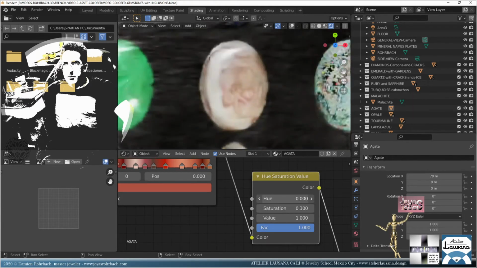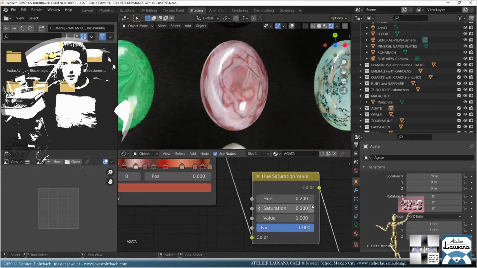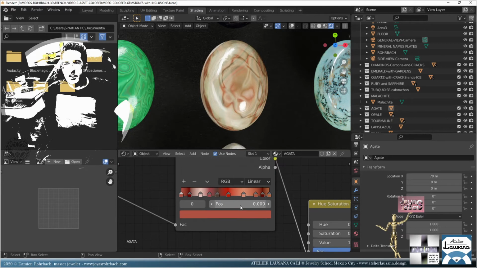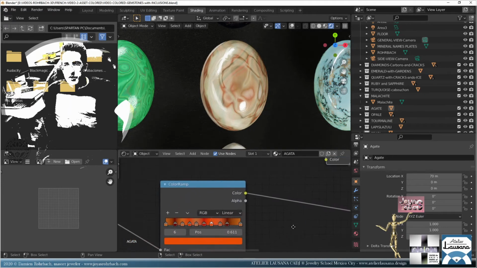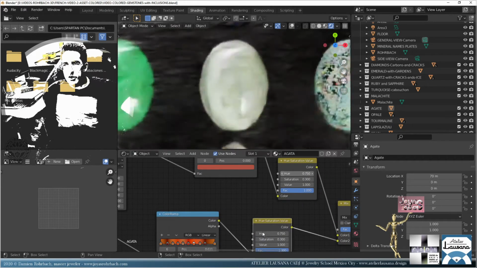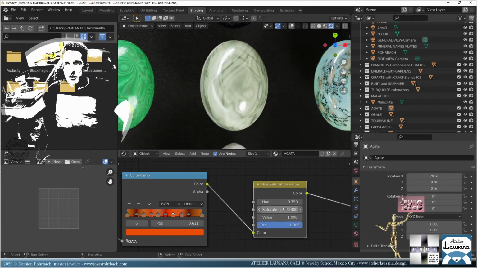Because maybe my agate has a more pinkish or whitish hue, and I can work on that here very easily instead of changing the gradient there. But there's also another gradient here, and I can work on the colors there also the way I need to, depending on the combination I have